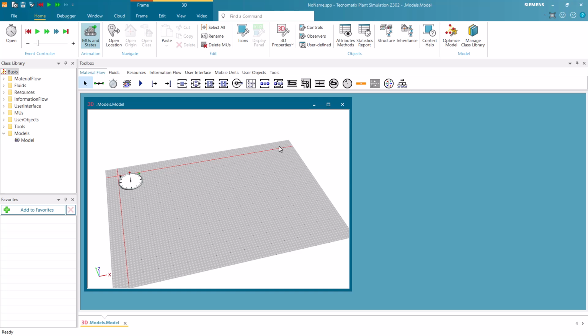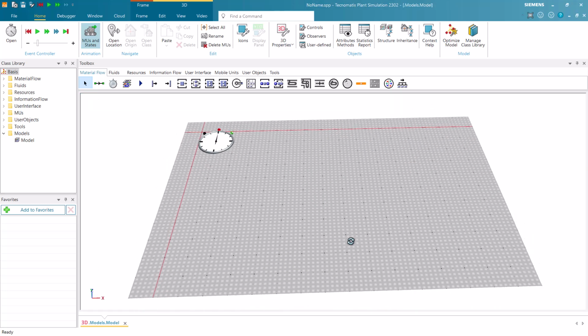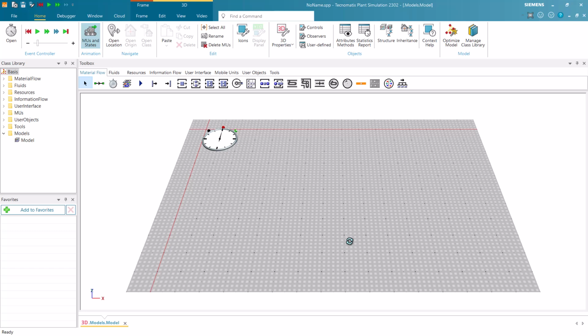Now we will begin the model setup by inserting the objects we need. These are a source object, 3 stations, and a drain object. To do so, move the mouse over the source object in the toolbox. To insert the source object, select the source object, move the mouse to the location in the frame where you want to place the object, and click the left mouse button once. This will insert an instance of the source object.